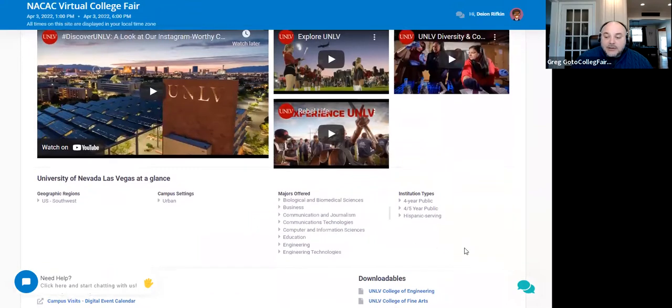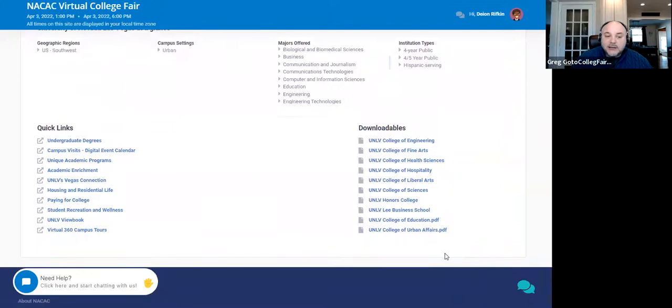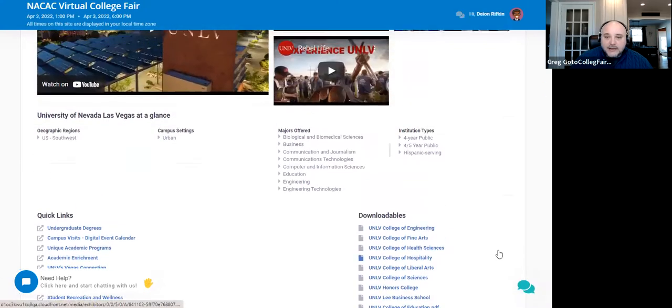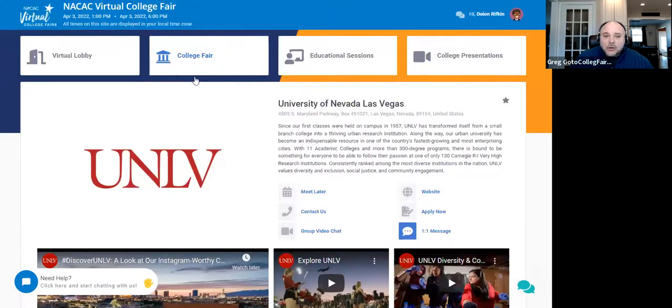And some of the really good things, just like they would on a table if they walked up, are things that you would have printed out and on a table, things that you would want to add as downloadables. They can take it away with them, sort of a virtual tote bag, if you will, so that they can come back and look at some of the things that you've provided for them. So that's a quick overview, and I'm not covering the sessions at this point.